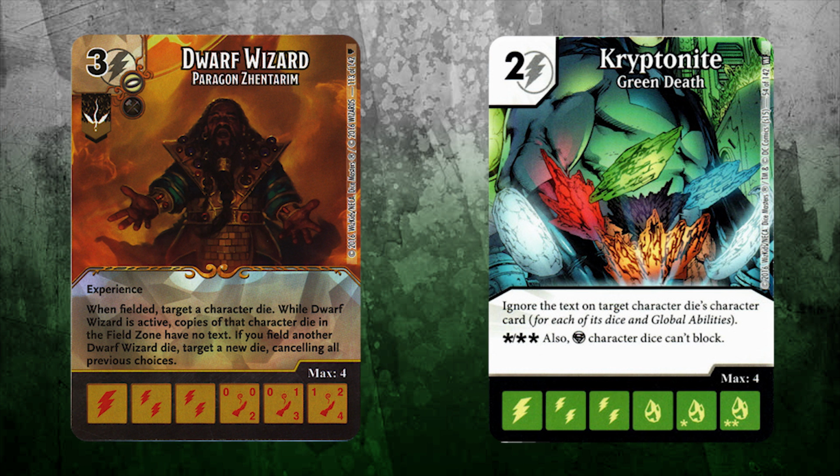Alright, and step 5 is card text wiping. The last slot to consider is cards that wipe other card text, and this is how you deal with your opponent's win condition. It's also how you can deal with your opponent's protection card, so if they bring something that